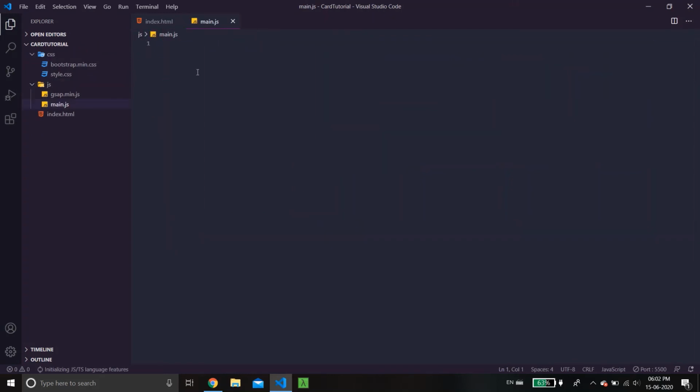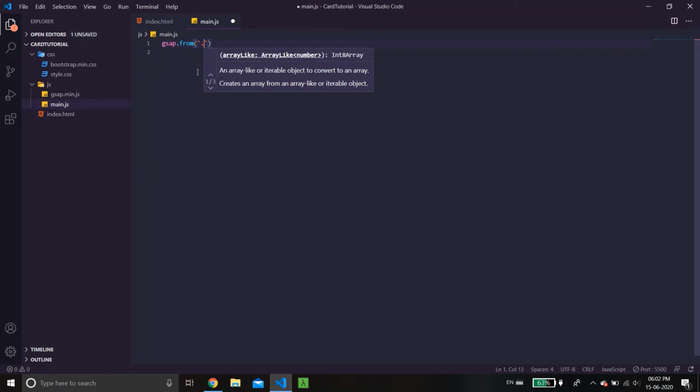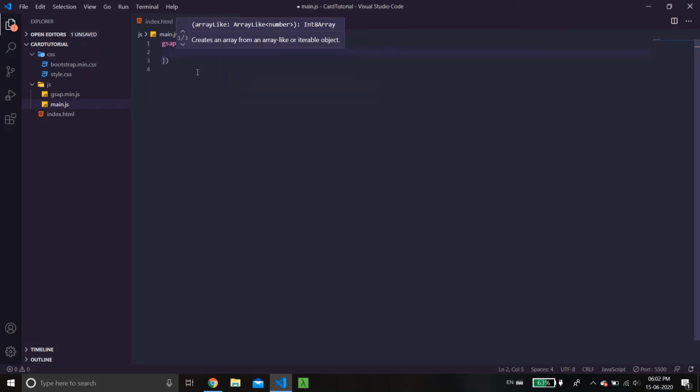So what I'm going to do is I'm going to have gsap.from. So I'm going to target the element, the mcard class, and in the properties I'm going to set the duration to 1 second. What gsap.from does is it animates from and to values.